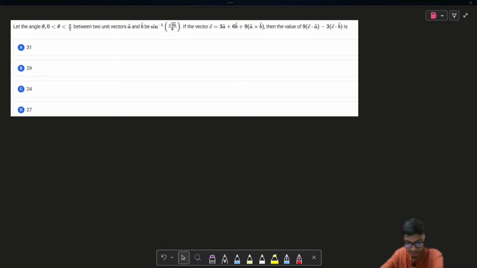It's a very straightforward question. Okay, so if we look at this problem, let us try to read the problem. It is said that theta is an angle between two unit vectors a vector and b vector, such that theta is given as sine inverse of square root 65 upon 9,